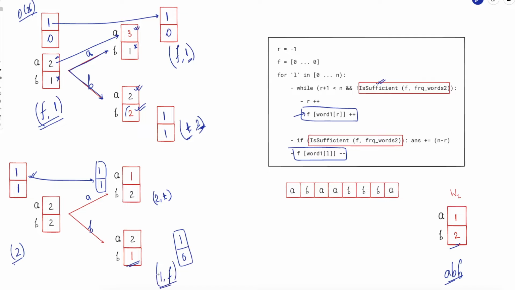Because 1 is not equal to the number of characters, which is 2 here. Now note that if you had removed one more b after this, then the value would be 2 and 0. In that case, this sum would not change. Why? Because 1 was already invalid and you are removing something which will still be invalid, so the sum would